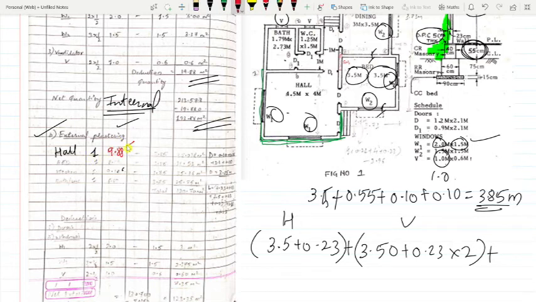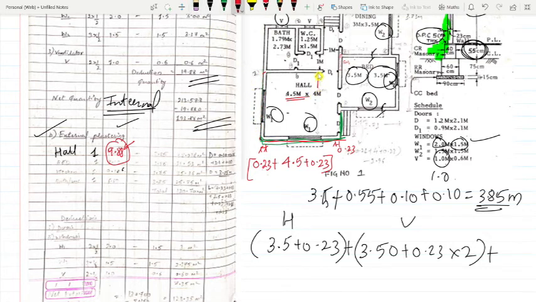So how we got this length is, just see, for this face, I'm just speaking of this face: 4.5 meter, and we have 0.23 the wall thickness, and here also again 0.23. So plus 0.23. Got this? Only this much. So we have completed the plastering this side, and here also this plaster length we have to add. So this entire 9.88 is nothing but the addition of both the faces here.